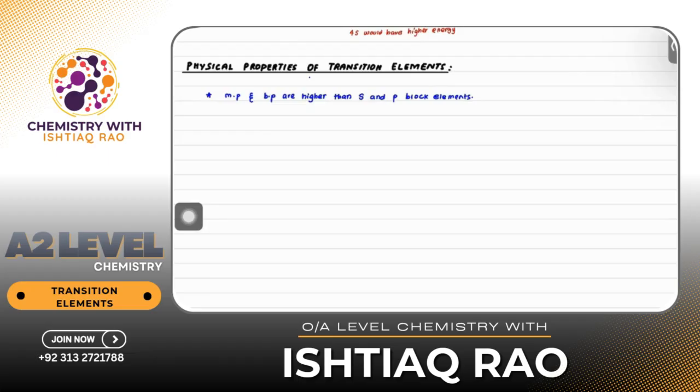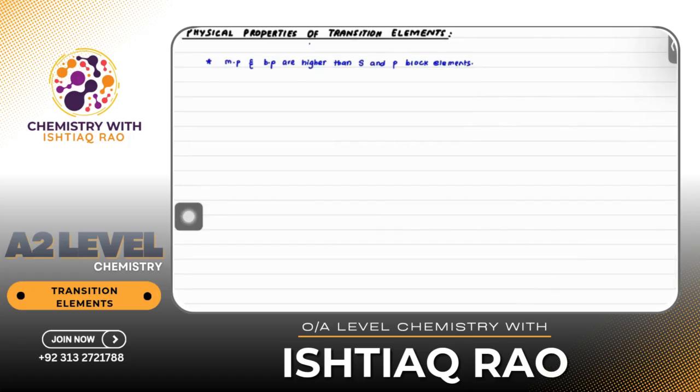So the same goes for the transition metals. As I'm telling you, they all are metals, so we are supposed to introduce the term metallic bonding. Melting point and boiling point are related to the metallic bonding. So I can say that in metallic bonding,